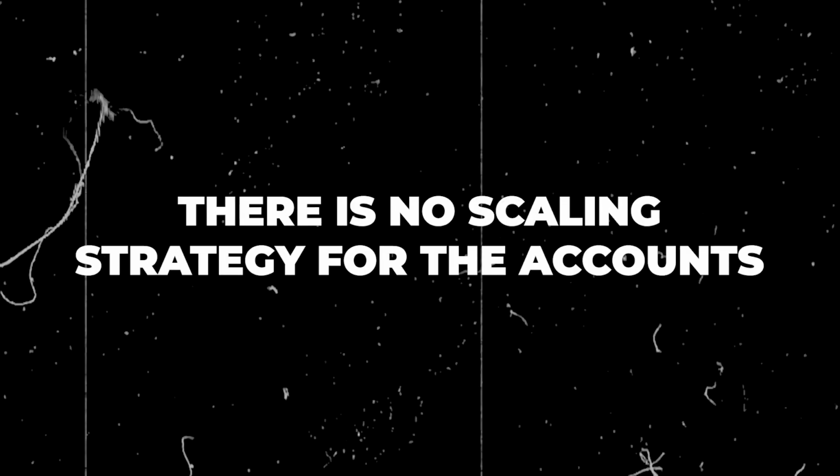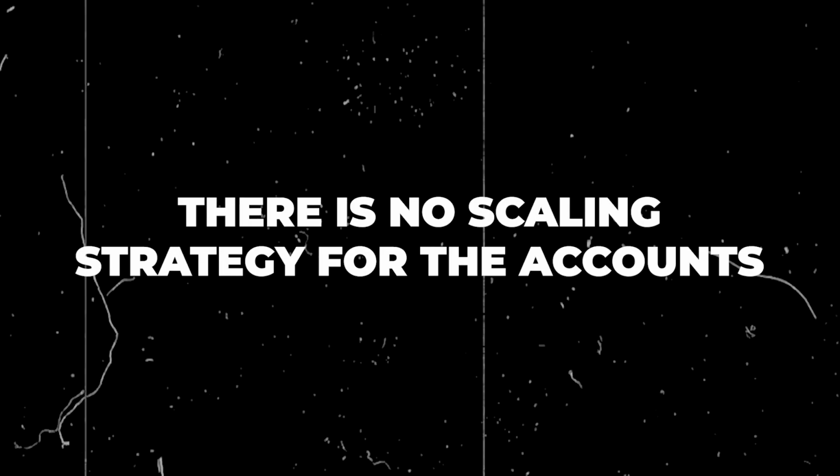So that's number one. Now, number two is there's no scaling strategy for the account. The scaling strategy we're using right now is 20% up or 20% down based off the last 3-day average. So every day, we look at the last 3-day average and we either increase budget or decrease budget. That's it. Again, the last 3-day average, not based off today's data. I never make decisions off ad account data on the same day.